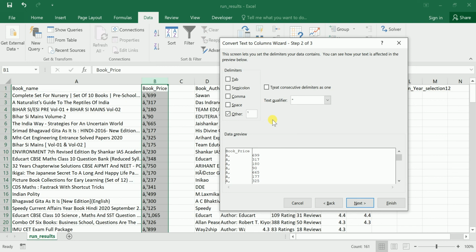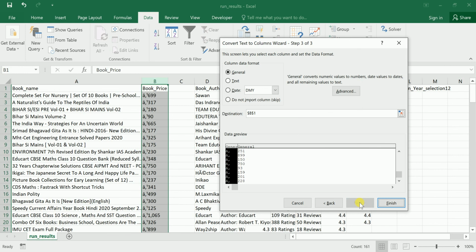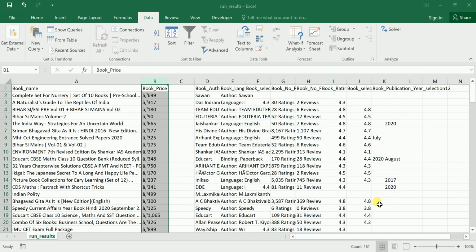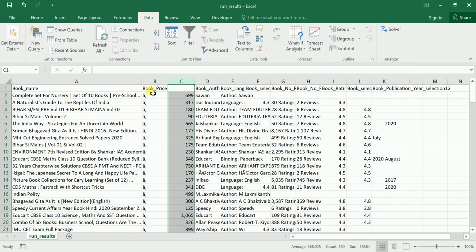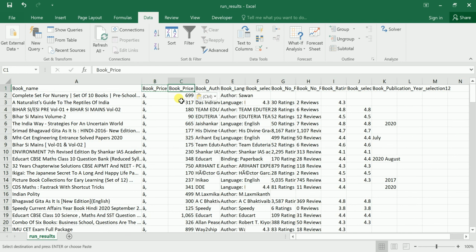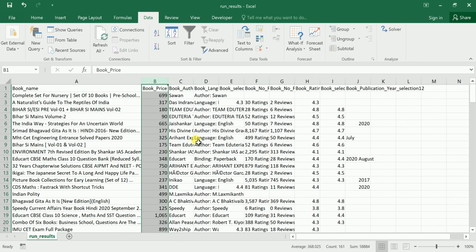You can see once I write here one, all the pricing is there. Okay, it is cleaned up. So I can do next. Okay, finished. You can see I got all the price. Just copy the level here and you can delete this. Okay, you got the price.